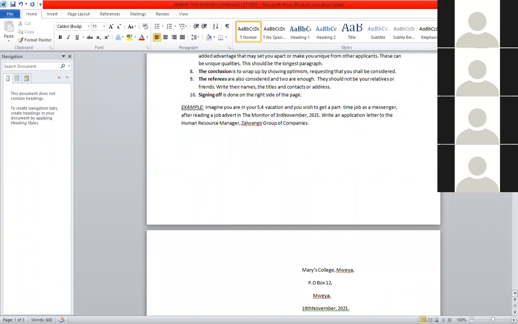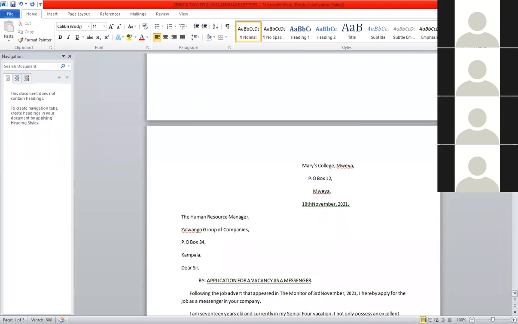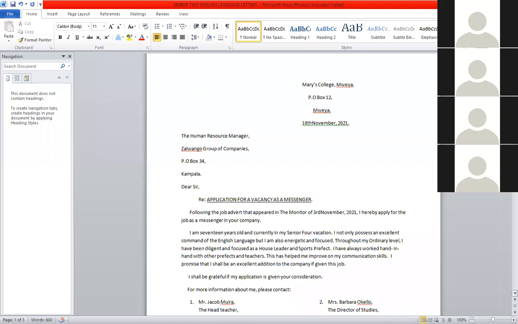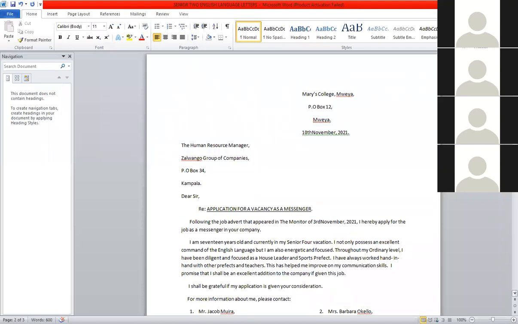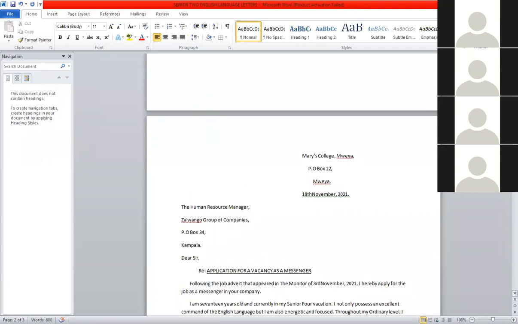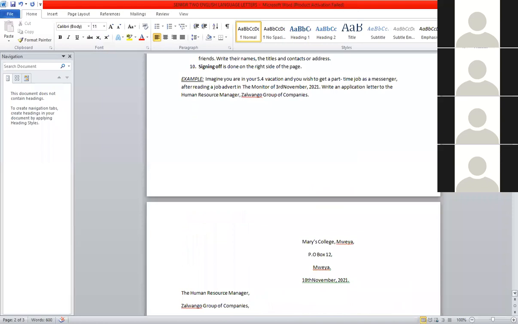So we want to be a messenger, and the person we are writing to is the Human Resource Manager of Zarango Group of Companies. And another thing we need to consider is we have completed our senior four and I am in my vacation. And another thing you need to take note of is that it is a job advert and it appeared in the Monitor of 3rd November